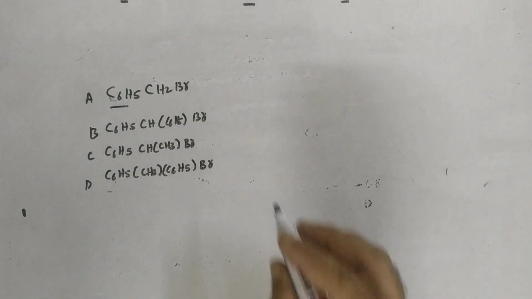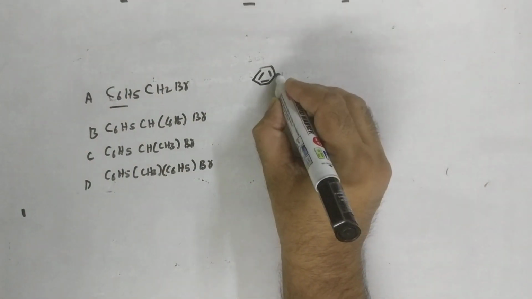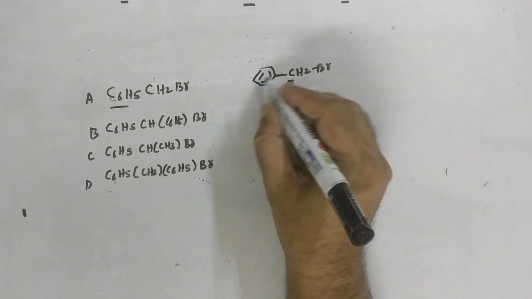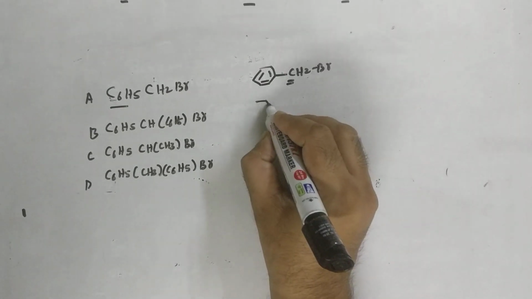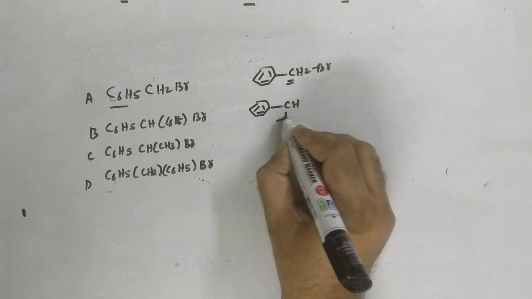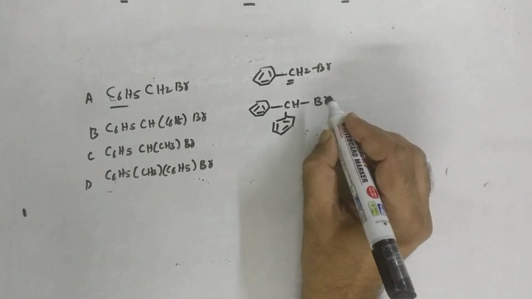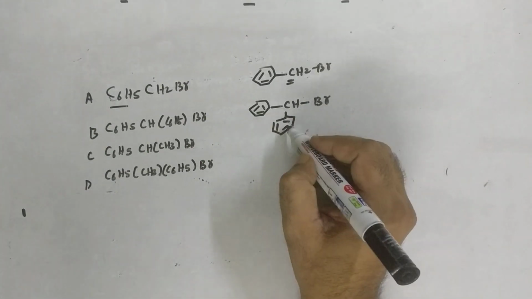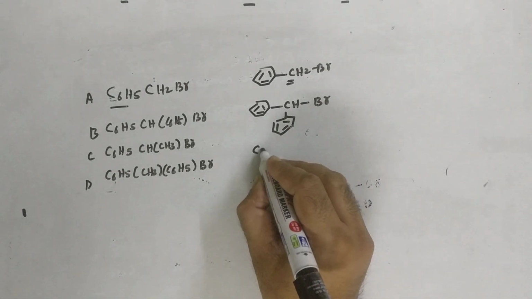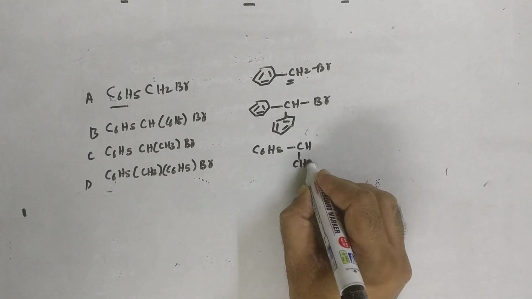First of all, let's expand their structure. Now this one would mean a benzene ring. C6H5 means a benzene ring, phenyl group, and this will be having CH2 here. This carbon is the benzylic carbon attached directly to the benzene ring. Told you so many times. If you expand this, it will be like this, CH, another benzene ring. In this case, the benzylic carbon has got 2 benzene rings, and I have told you before also, if on the benzylic carbon there are more benzene rings, reactivity towards SN1 will be better because they will form the more stable carbocation. The third one is C6H5, CH, and we have a CH3 and the Br.